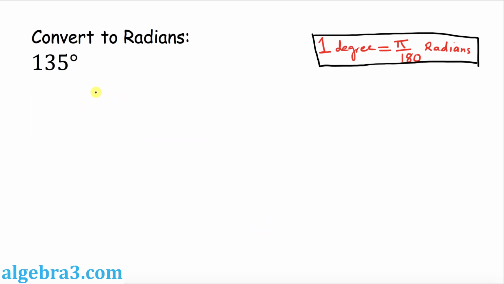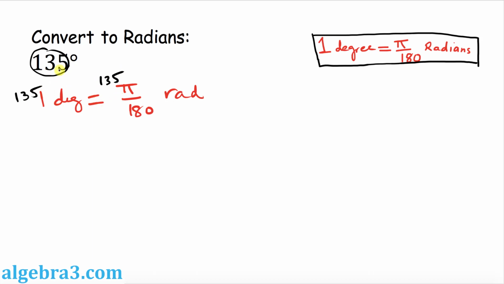Let's look at this next example. We want to convert 135 degrees to radians. So once again, as you recall, 1 degree. The very first step is, I want you to put down 1 degree equals pi over 180 radians. Next step, whatever this 135 is, you multiply both sides of this equation by 135. So now you can see 135 times 1 is 135 degrees,